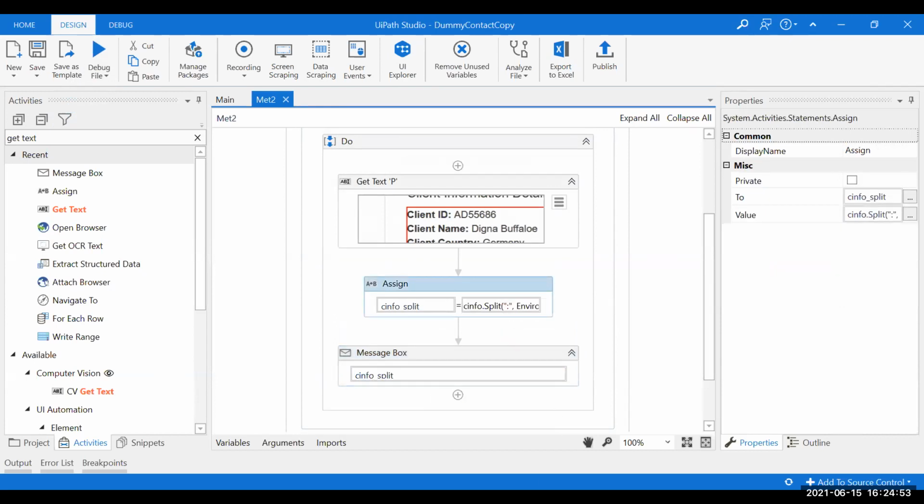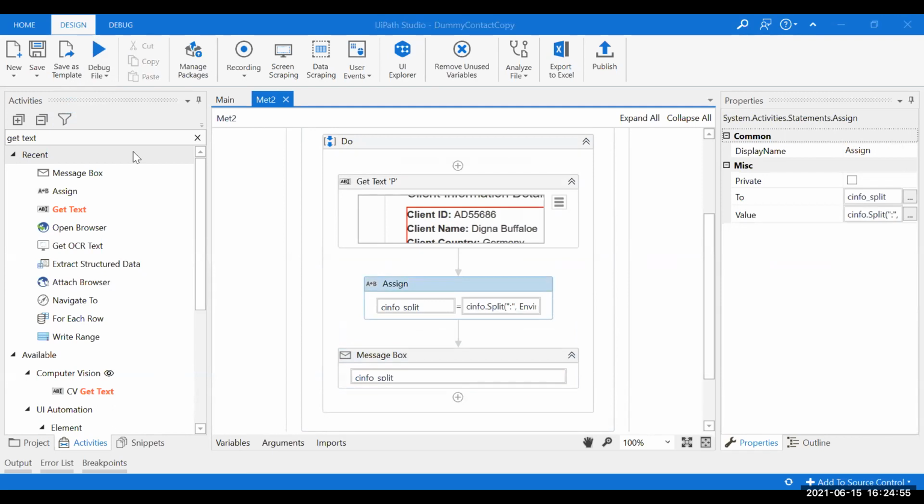So this is basically what this line is doing. And after doing this particular segmentation, it is supposed to make the C info split variable like this.